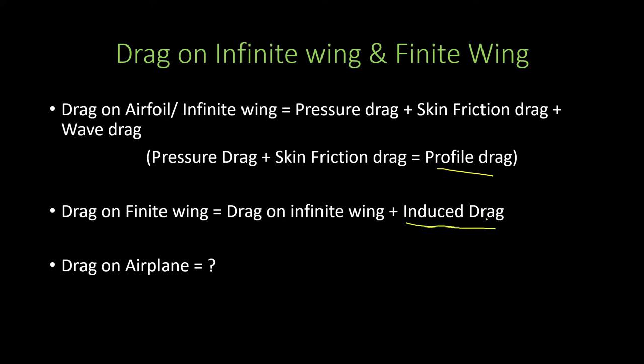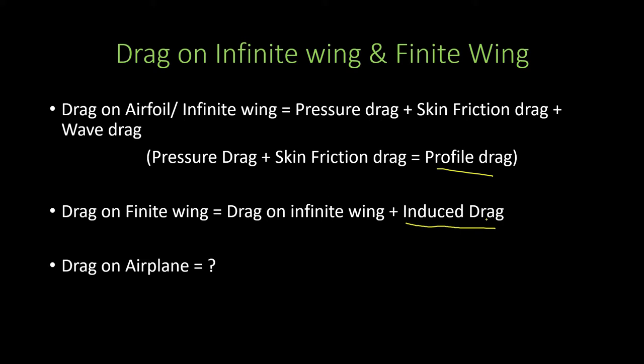And in our previous videos, we understood what induced drag is, what the formula for induced drag is, and how it happens. Now, when we are talking about the whole airplane, there are many more drags acting on the full airplane, because now it is not just the wing. The full airplane, including tail, fuselage, landing gear, all these things are coming. So, all these things add on to the drag of the airplane.